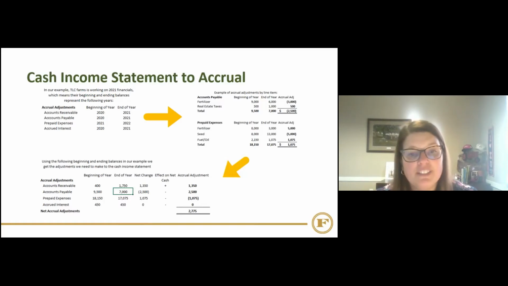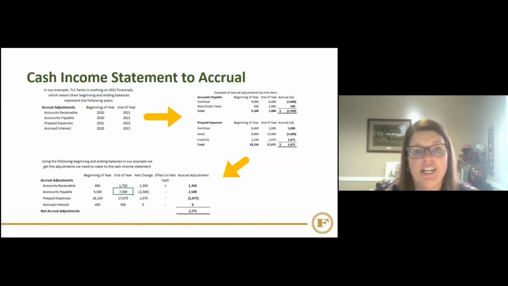I would also like to note that accruals, and I said this before, are not easy. This will probably be the hardest thing you learn today. Accruals rely on you having really good and detailed farm records. There are times where I even have to slow down and think about what am I looking at and for